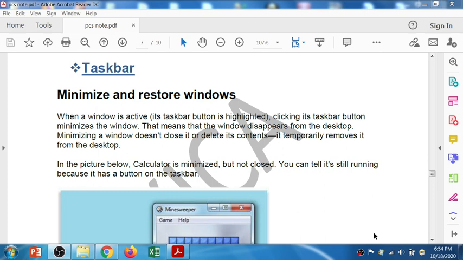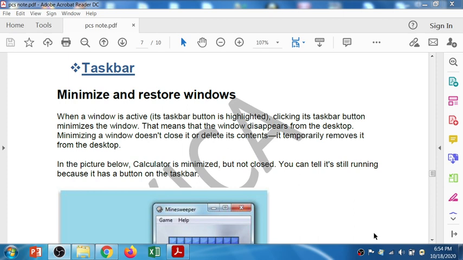The taskbar pane, which is available on your desktop, on the bottom of the desktop area, the blue color horizontal bar or line you can find on the bottom area of your desktop screen.